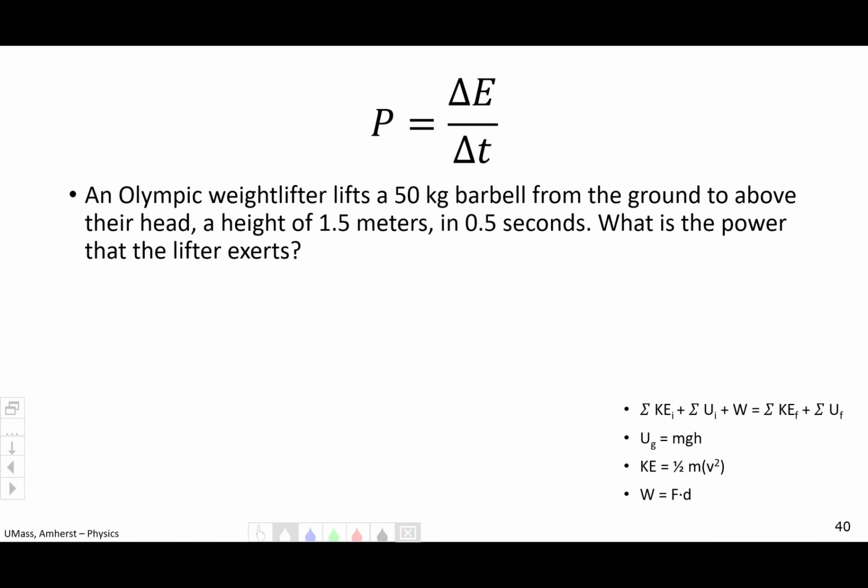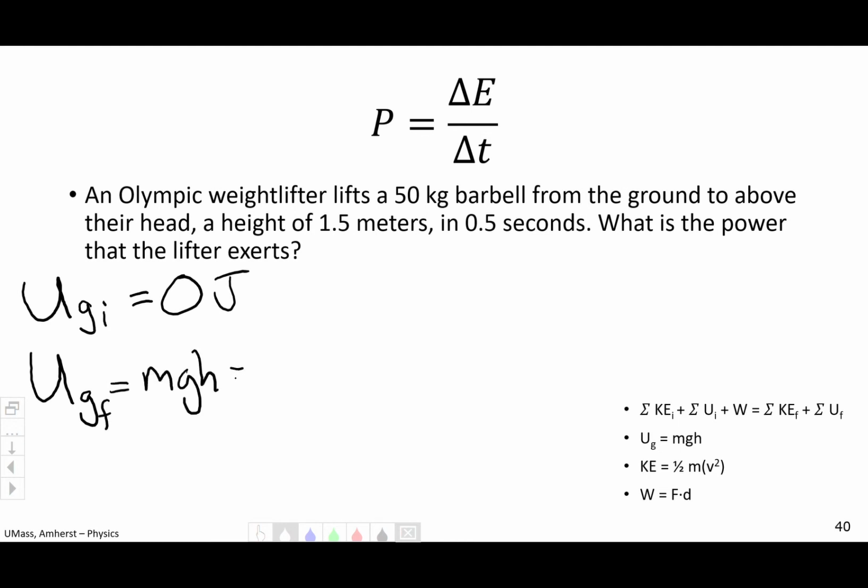Okay, so here's what we need to do. We need to see, okay, we're going up. We're going against gravity, so that means we're going to gain some UG. The UG initial is going to be 0 joules because we're going to start on the ground. The UG final is going to be mgh, which is 50 kilograms times 9.8 times 1.5 meters, giving us,